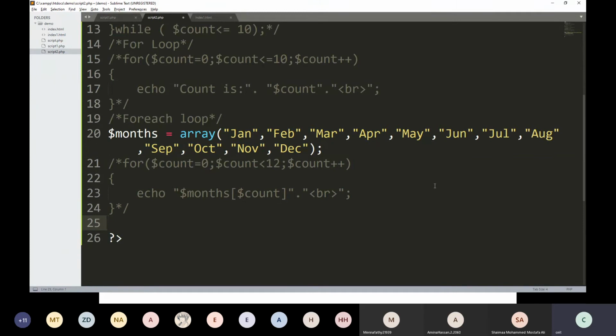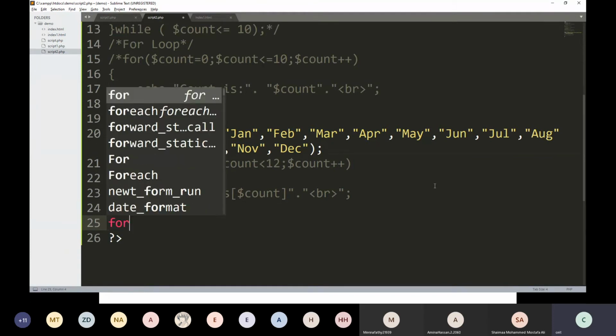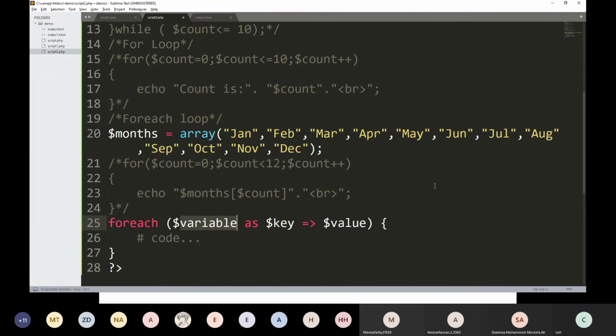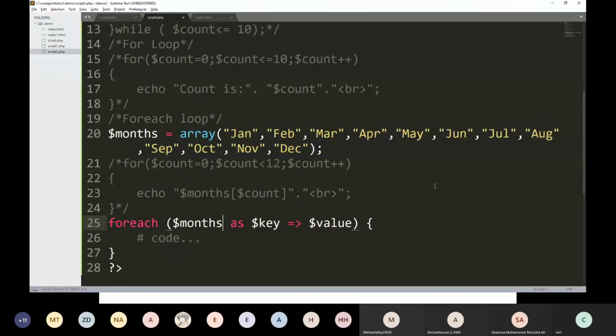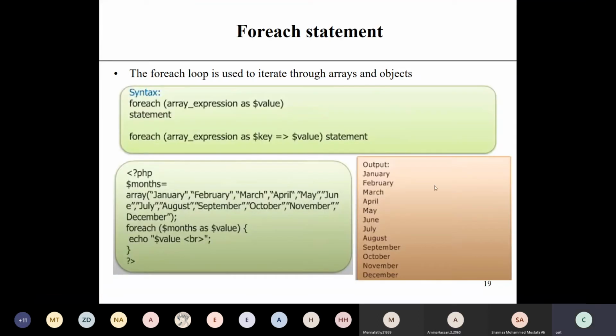Then the second way is the foreach loop. My variable is months, and value. Directly I am using value. And what do I want to print?